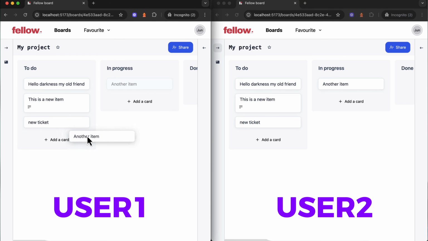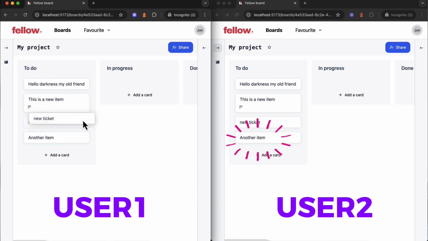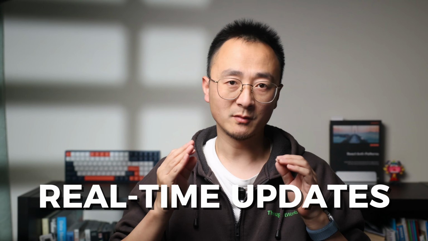You have probably seen it before. Someone moves a card in Trello and it instantly shows up on your screen, or a message appears in Slack without refreshing. That's the magic of real-time updates. And in today's episode, we're going to break down how it works and how we can implement it in your